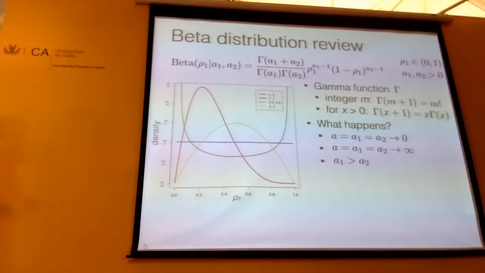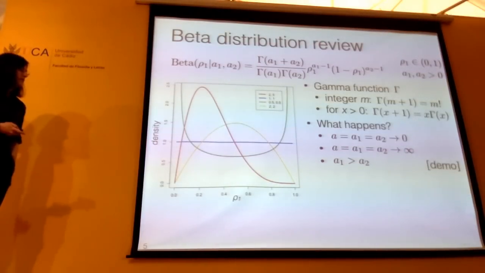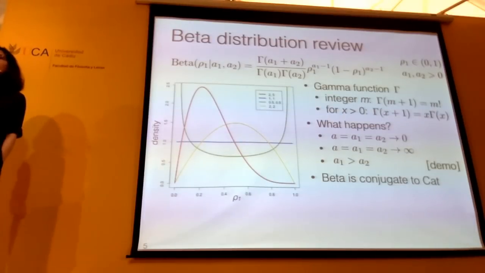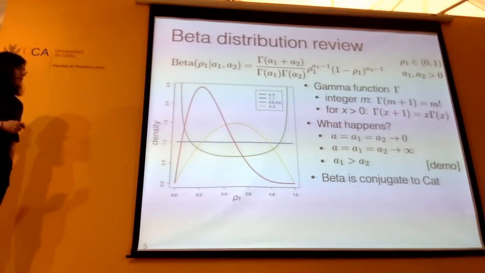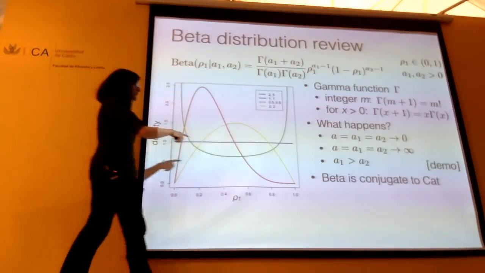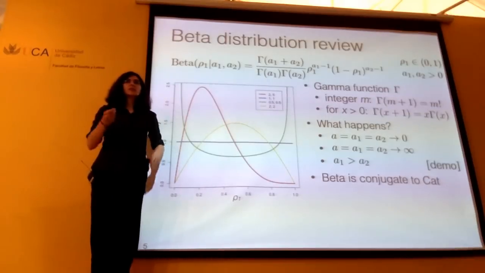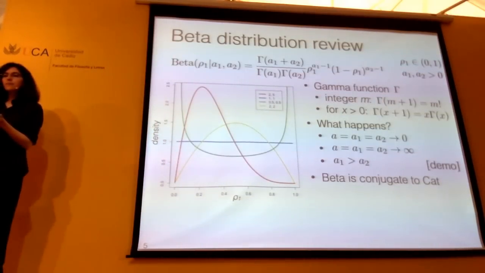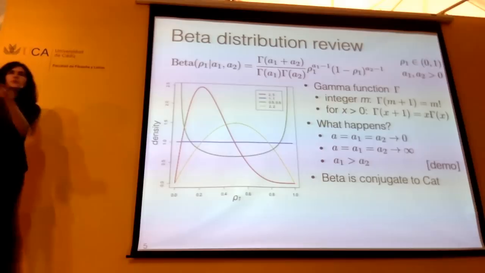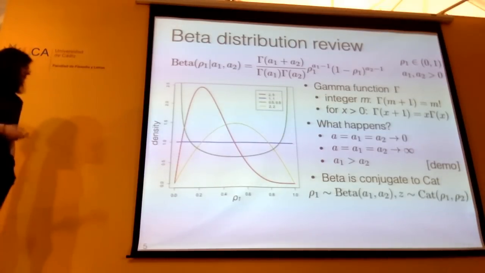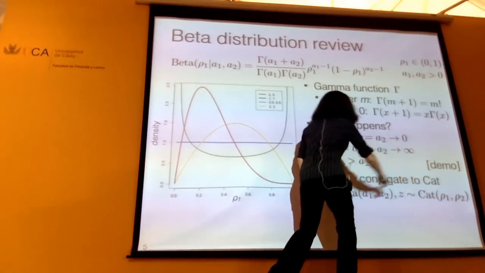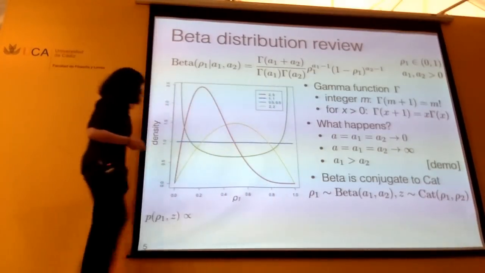Okay, great. So we're familiar with the beta distribution now. Saw some demos. I'll also put the code online. Another important thing that we want to know about the beta is that it's conjugate to the categorical. So again, the categorical distribution is this draw where I say that I draw 1 with probability rho 1, 2 with probability rho 2. And so I have my beta prior here, my categorical likelihood for an indicator variable z.